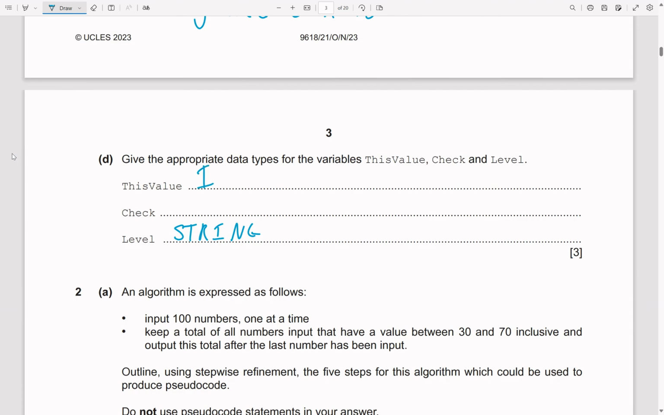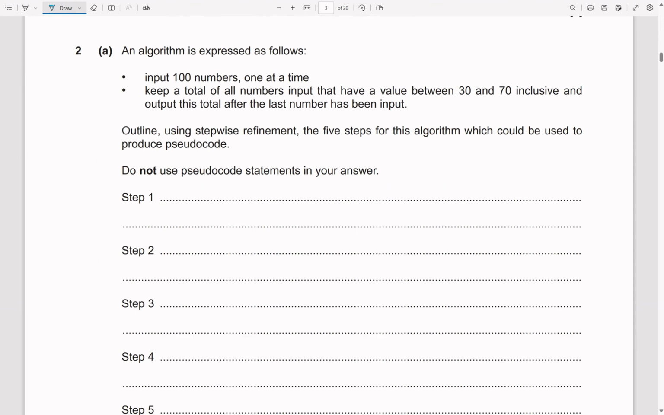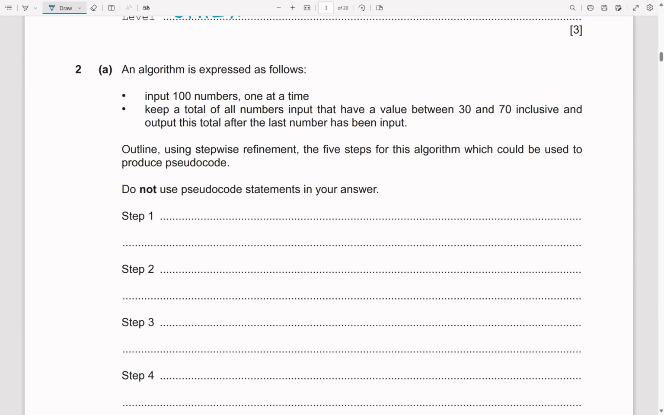So this is going to be integer. Okay, integer. And this one will be real. Okay, then it says an algorithm is expressed as follows: input 100 numbers one at a time, keep a